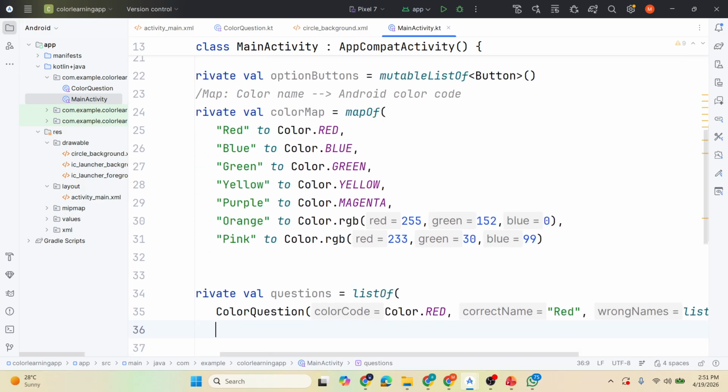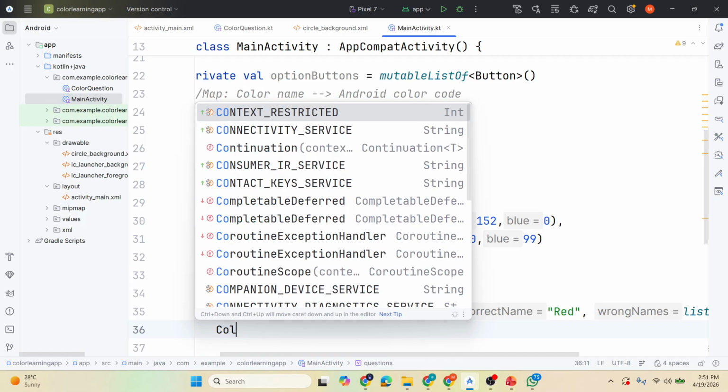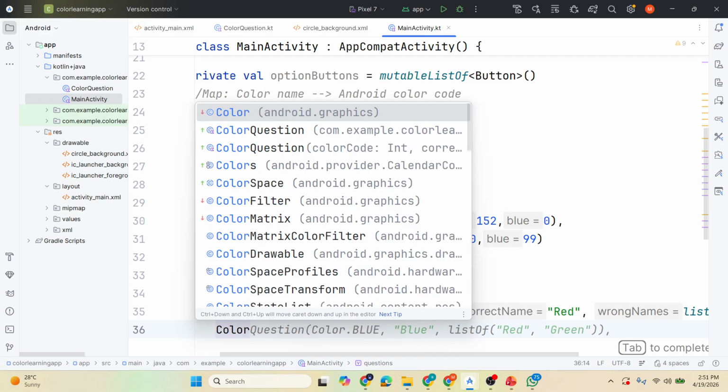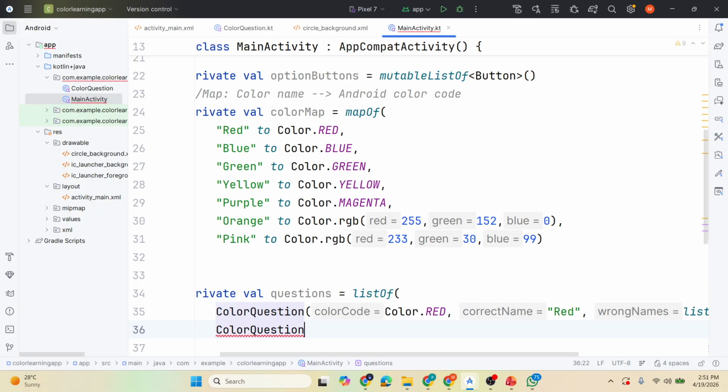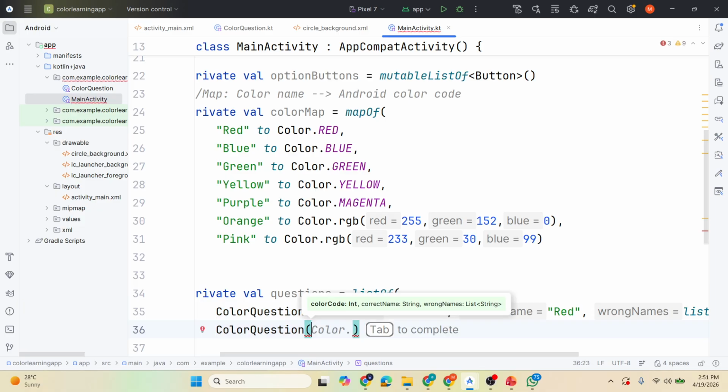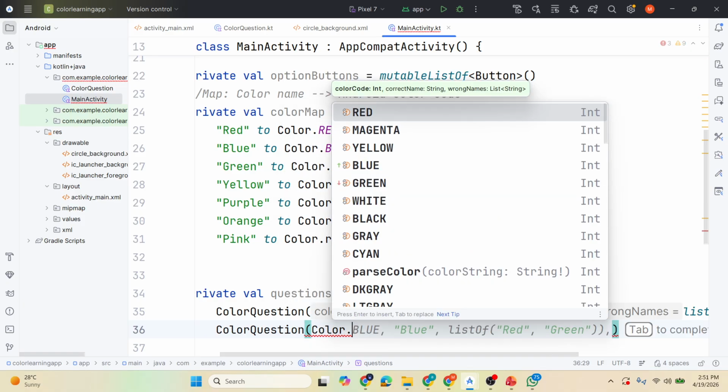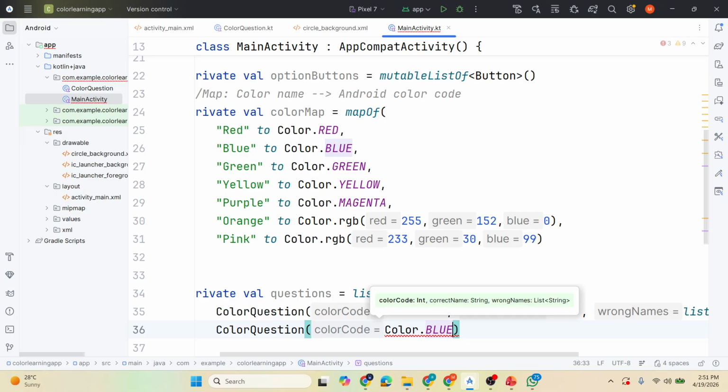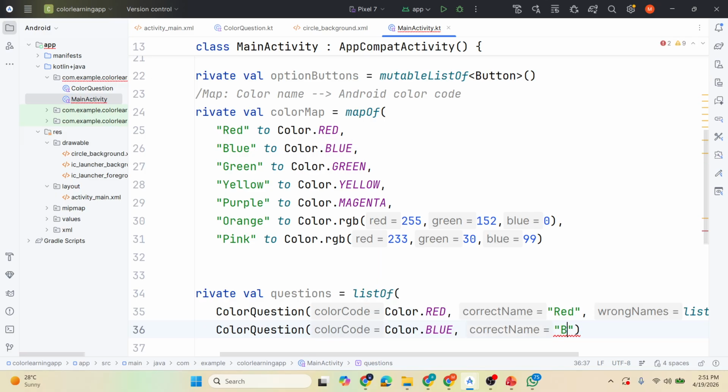Alright, so that is a color question, and then we have another color question, Color.BLUE, the correct answer is blue,